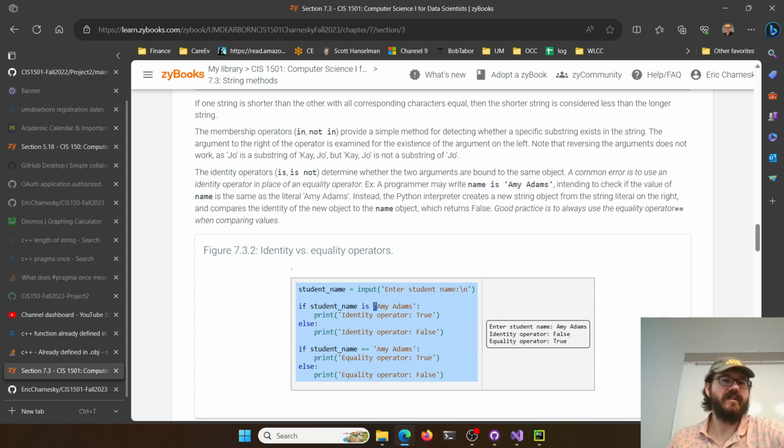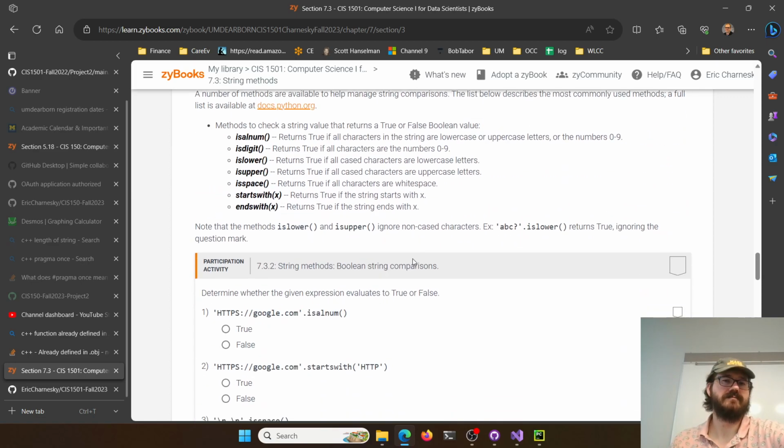If you say if it is just a hard-coded string, this string is not stored in memory where this one is stored in memory. So you're going to get false. So is the wrong operator to use. We don't get to is for quite a while. So just pretend like it doesn't exist for a while, okay? It'll just make life easier. We use the equality operator.